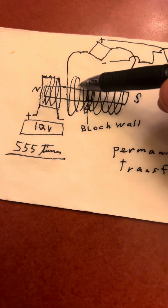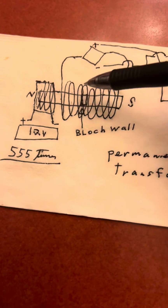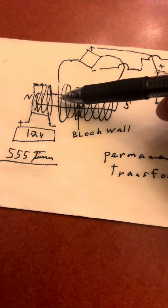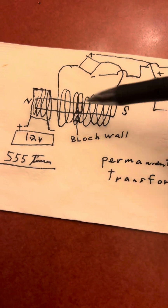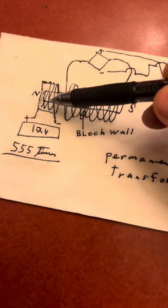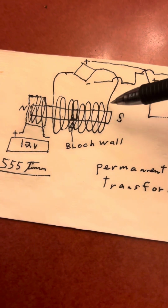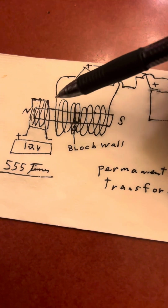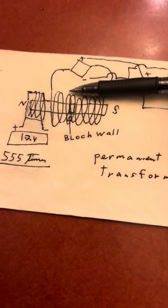And then this is a separate coil, right? So as this is pulsing, if this Bloch wall moves, right? If it moves this way, or moves this way, or moves both ways, depending on maybe if I switch the polarity, if this polarity could be switched back and forth, right? It might push this Bloch wall this way and that way and this way and this way and this way and this way, right? And then I'm going to take that power. Okay, so then what happens is, if I understand correctly, and this is a thought experiment,